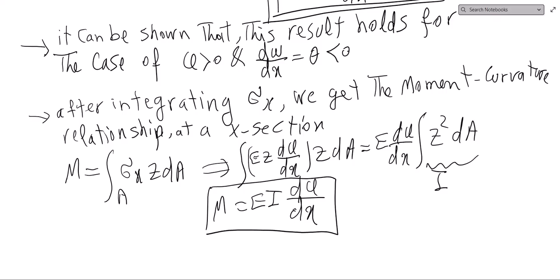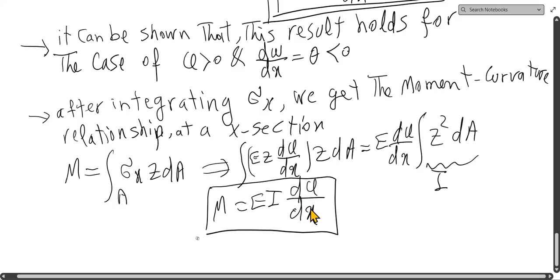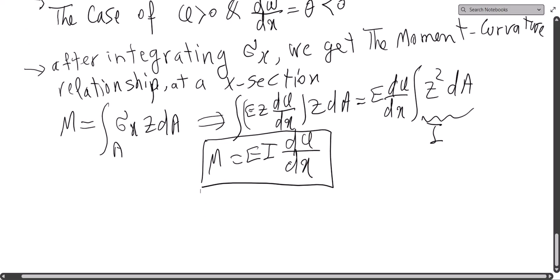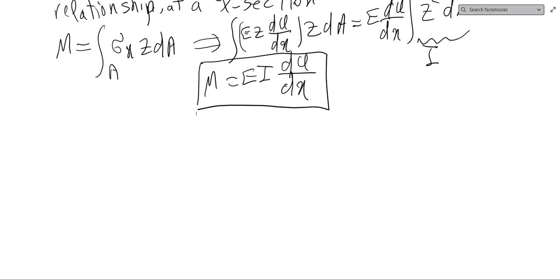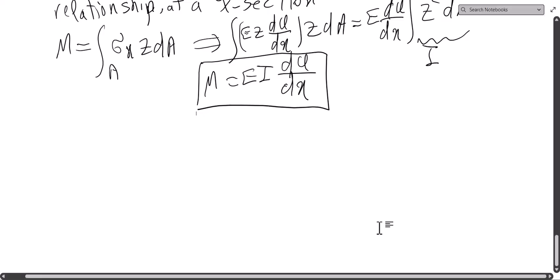This is the moment curvature relationship for Timoshenko beam. Remember that in Euler-Bernoulli, this was d 2w dx square, because the rotation was related to the slope, and you get double. But here you get the first order differentiation. And similarly, you can go ahead and relate, you can also